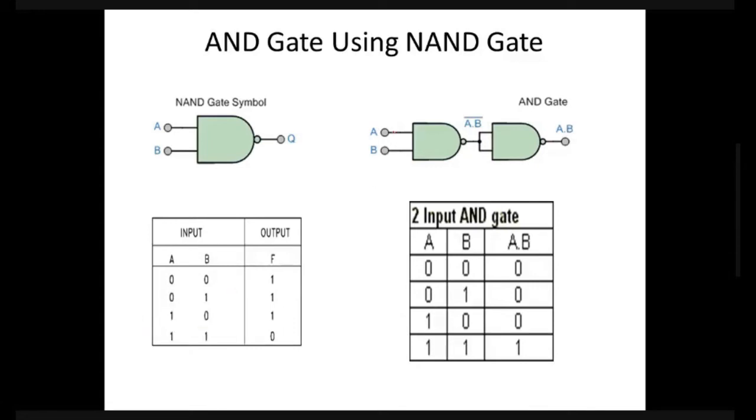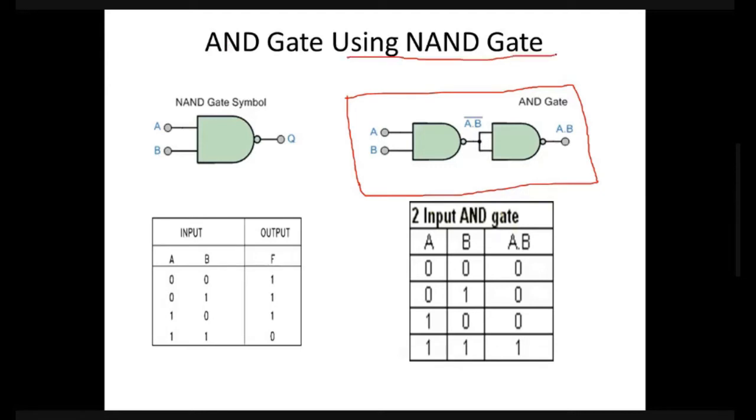Yes, sir. Then we have to verify how it acts as an AND gate. Okay, this is our circuit, using only NAND gates. Here both are NAND gates. Here no other gate we are using. Our title is implementing the AND gate using the NAND gate. So only the NAND gate is used. Not any other gate is taken.